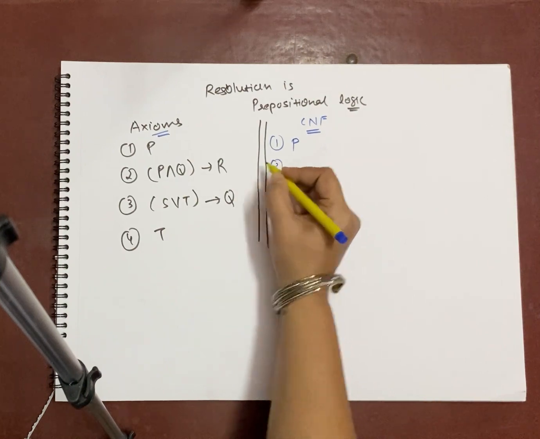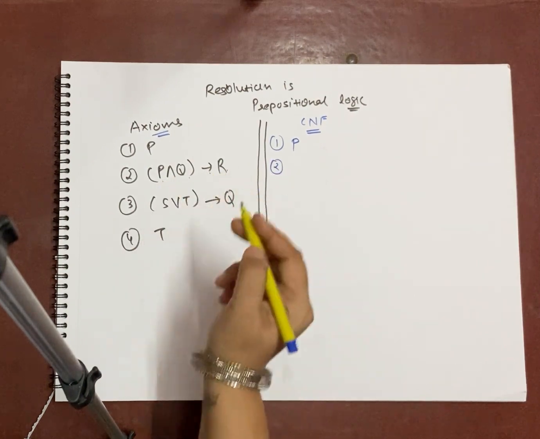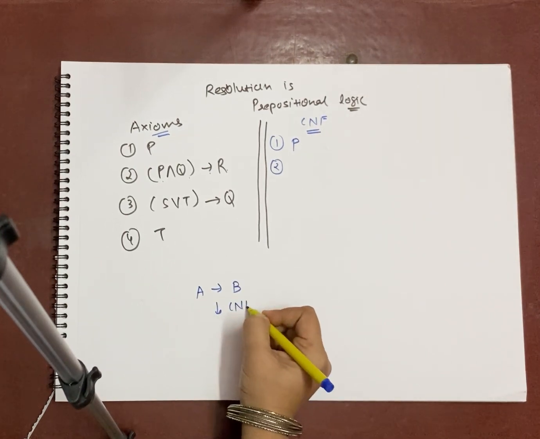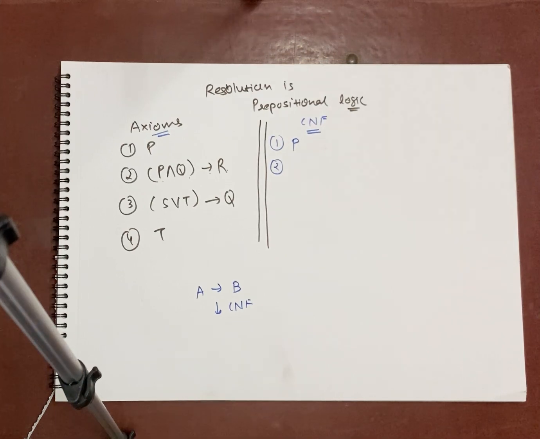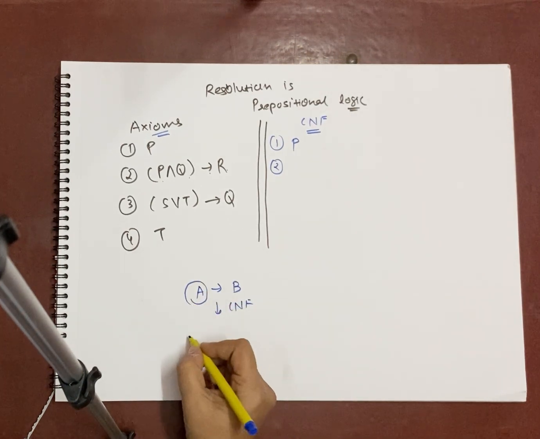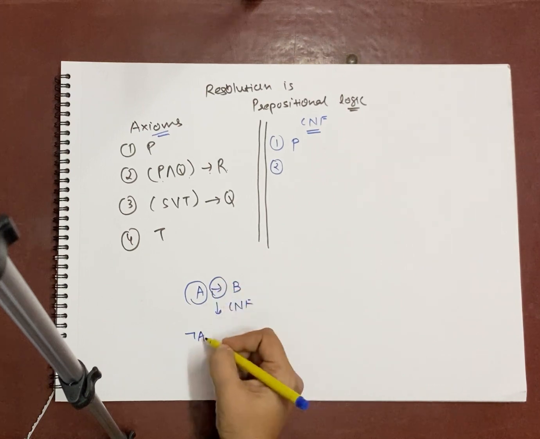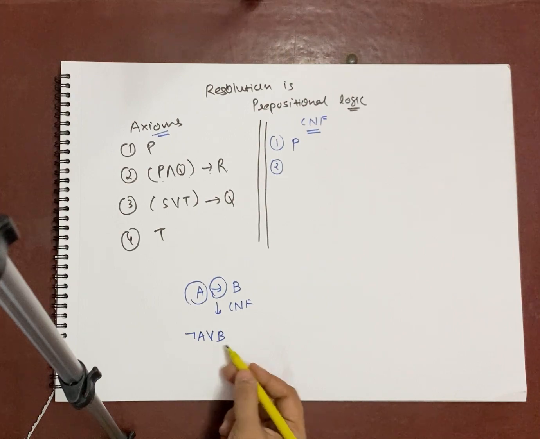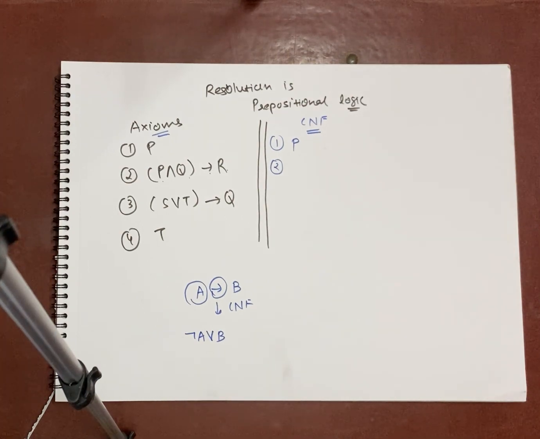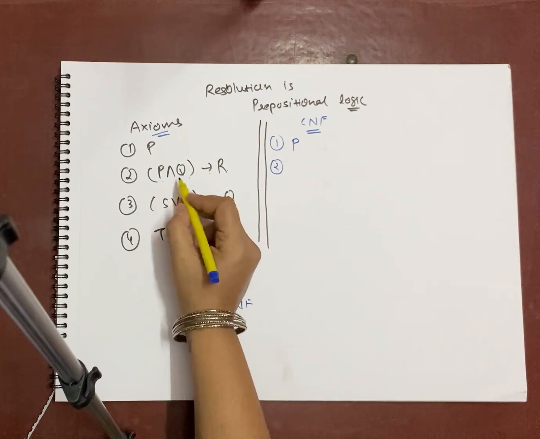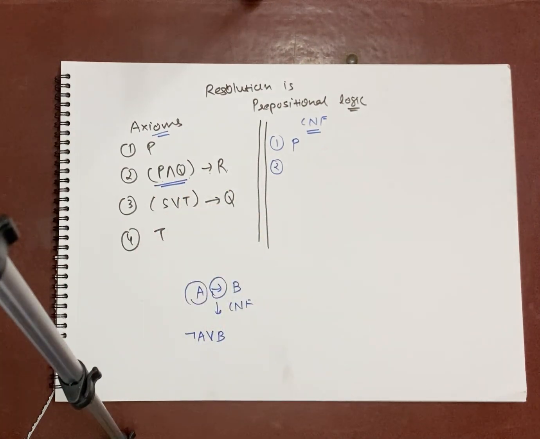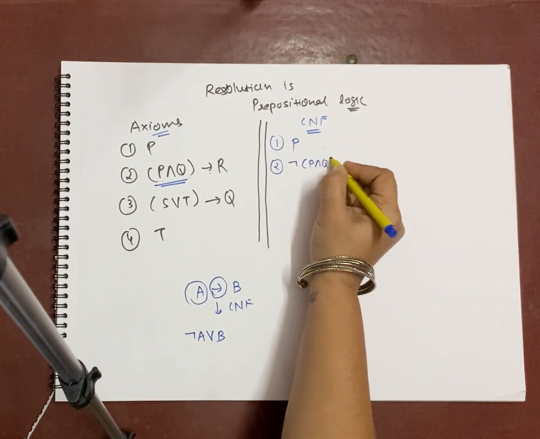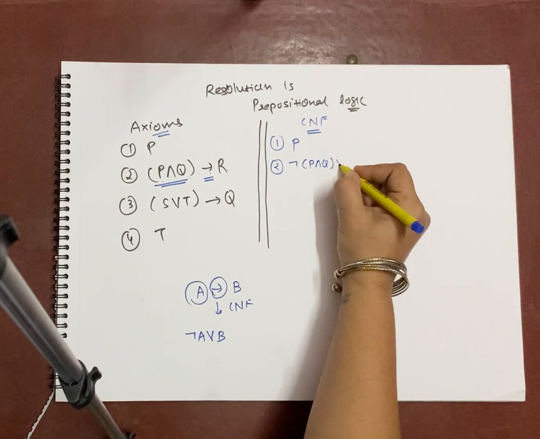Okay, now we will be talking about the second. P and Q implies R. If I say A implies B, and if I have to convert that to equivalent CNF form, what I'm going to do, as we have discussed in the last lecture, the left part will be negated and the implication will be converted to OR. So A implies B will be converted to not A or B. Exactly. So here the entire left hand side is going to be negated. So it will be not (P and Q), and then implication will be converted to OR R.